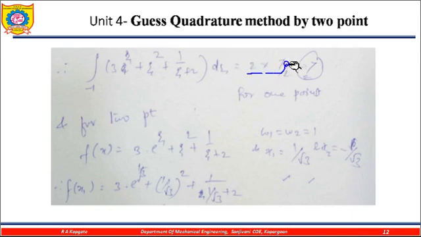W1 is 2 multiplied by 7 by 2. So this is the 7. So this is the first answer from the 1 point formula. Now by using the 2 point formula,